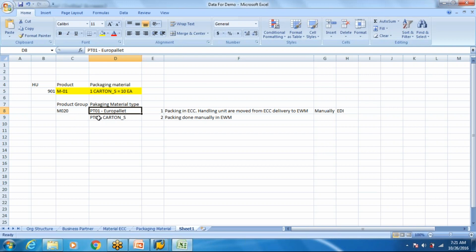Okay, so in this demo system, in EWM it is PTO1, in the ECC it is PGO1 or something. Okay, so we are focused on the EWM side because our pack specs are going to be used on the EWM side. So we need to focus on the packaging material on the EWM side. This packaging material has to be the same in ECC. Okay, then an important config which I mentioned is that you assign the packaging group to the packaging material type.